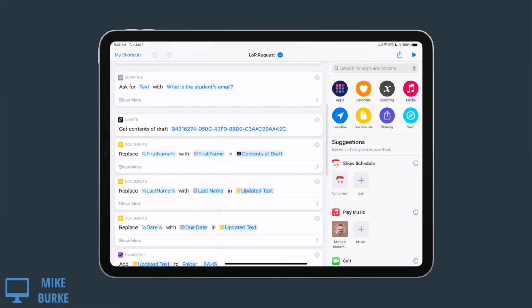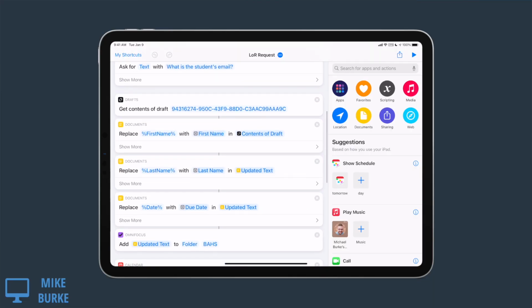The first part is creating an OmniFocus project from a TaskPaper template in Drafts. Shortcuts pulls the contents of the draft, does a search and replace on the variables, and does some date calculations based on the due date to space out the project's action items and build in a delivery buffer.